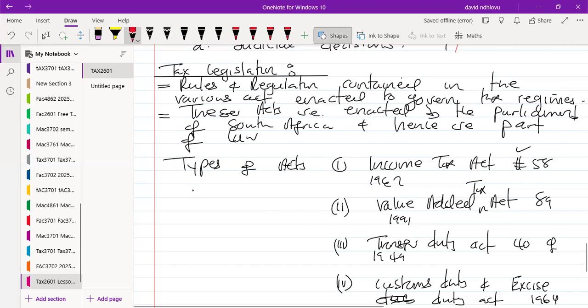It could be someone who is employed by SARS to assess tax returns for taxpayers. They will be guided by the tax legislation, and they'll interpret what the tax legislation is saying, and then they will probably charge taxation to an individual or to a company based on it. However, it's their opinion of what the tax legislation is saying. Sometimes tax legislation can be complicated and tricky, and the taxpayer may have a different take on what the law is saying and may dispute the assessment given by an employee of SARS. And disputes do arise.